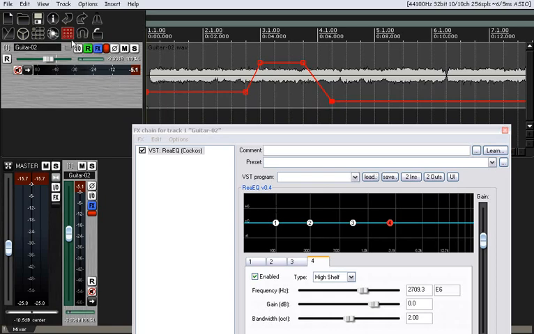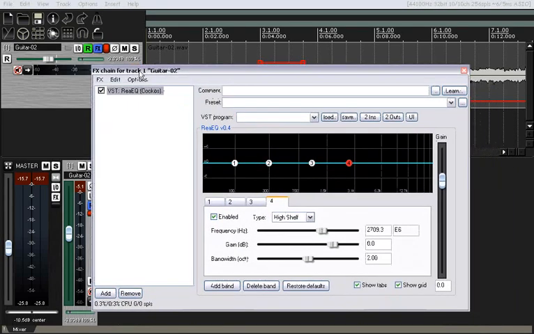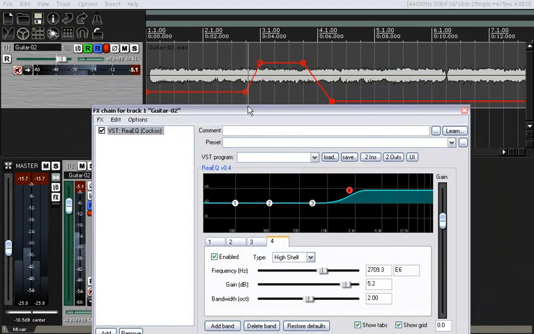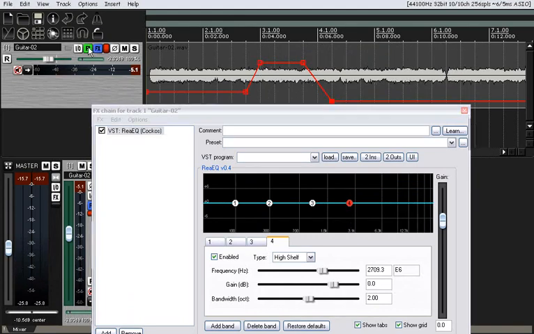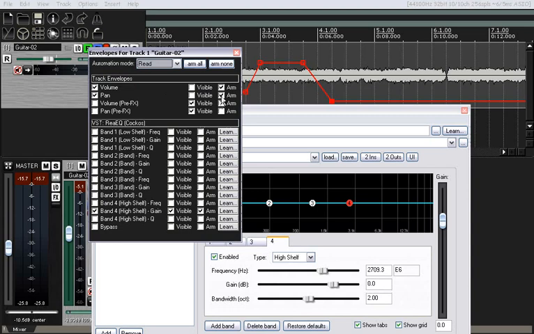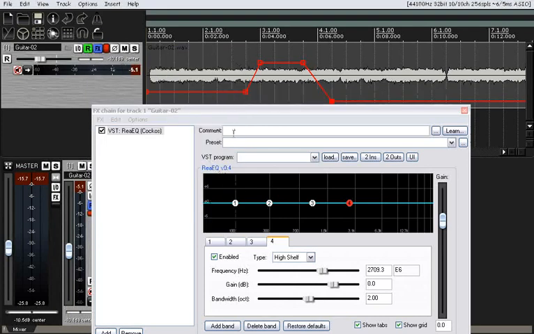But let's take a look at what that does when we hit play. I'm just hitting the space bar now because it's covered up. So there goes our envelope, and then back down. And we still got our pan going in the background there. So if we didn't want our pan anymore, we would unarm it. Now we're just back to